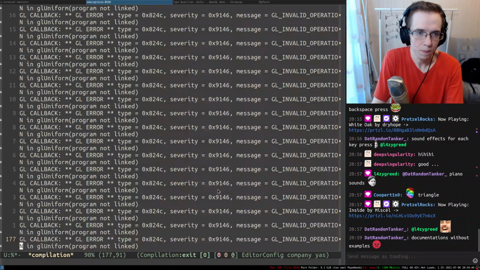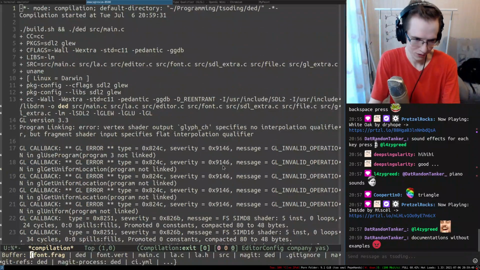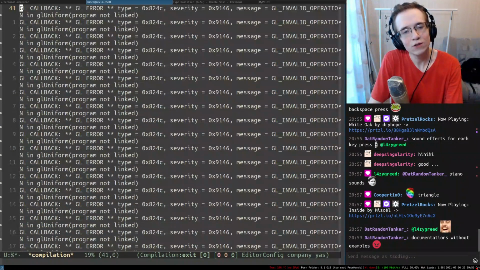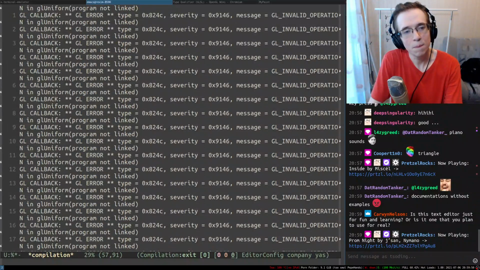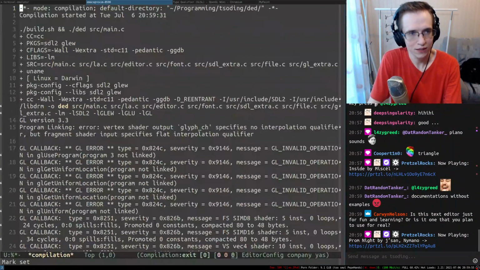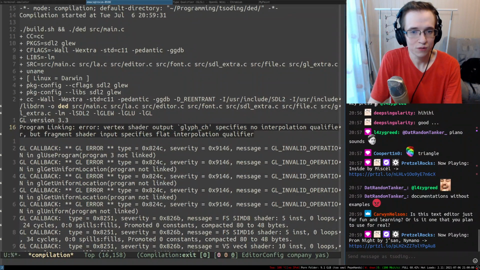Invalid operation. Oh yeah, okay. Since I changed some of the things to an integer, I suppose I need to also change the glUniform. Program not linked. Wait, really? So that means linking has failed. Vertex shader output specifies no interpolation, but fragment shader...